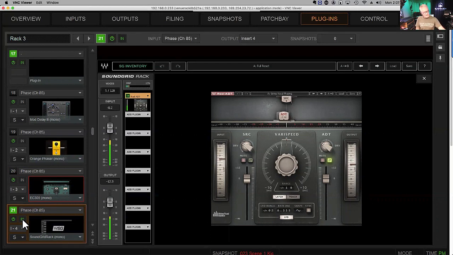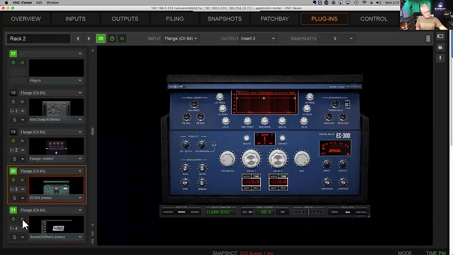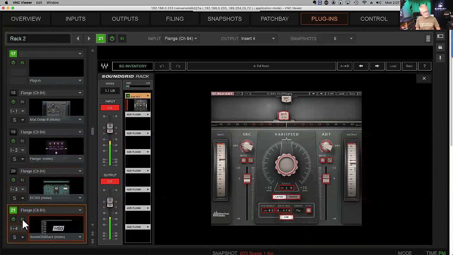Let's check out their flanger. Here, yay. All right, this is the same device, just flanging. It's actually very similar to the